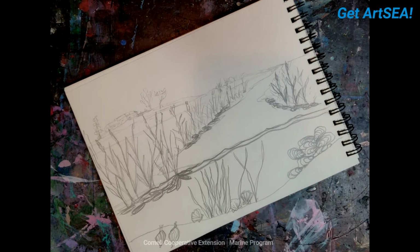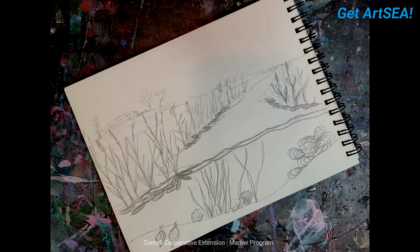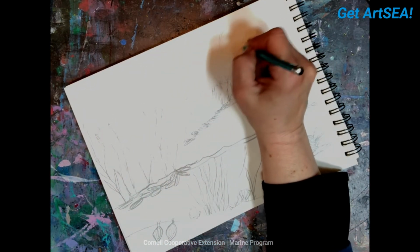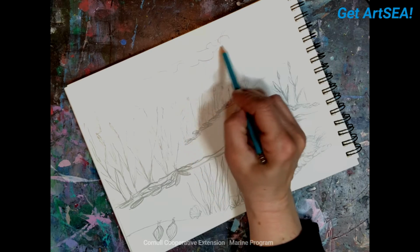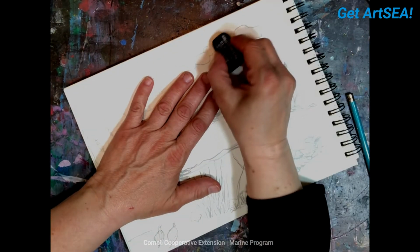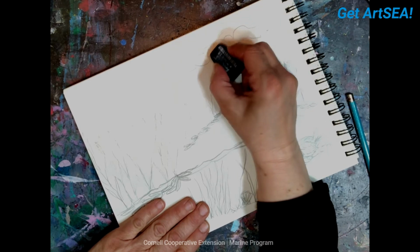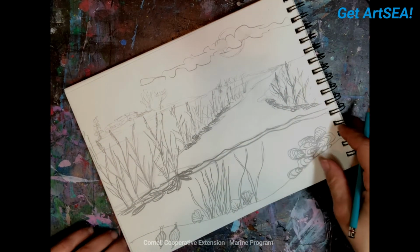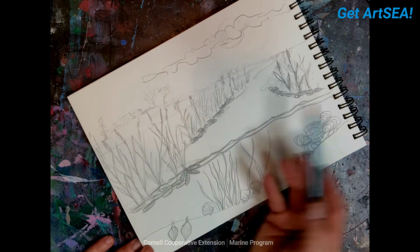All right, and now you could start going in and shading and adding other things. You could add a little sun over here if you want. And some clouds. I love to make clouds, just little squirrely little lines. And then erase. And the cloud is over the sun. And then as we go along and shade in and highlight, we can erase and make things pop out and stand out more. So I'm just going to go back in and I'm going to start